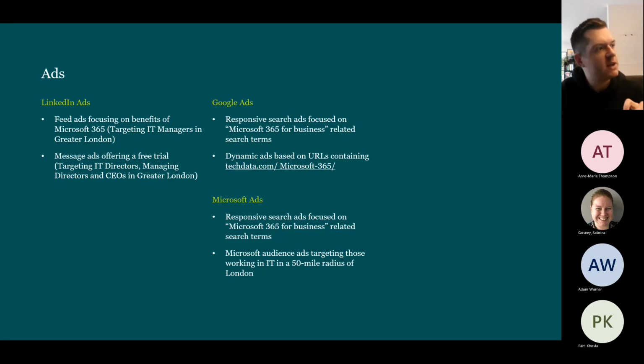You'll notice the difference between bullet point one and bullet point two. We're only focusing on IT managers in the top one because we want to create awareness. We want to build the trust. We want them to start speaking to their line managers, to their exec team around us and what they've seen, and they might then share the article.